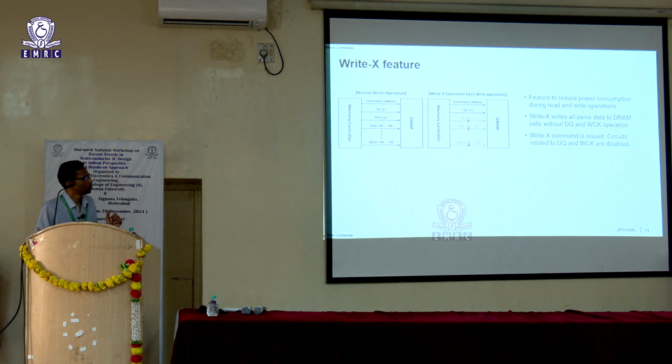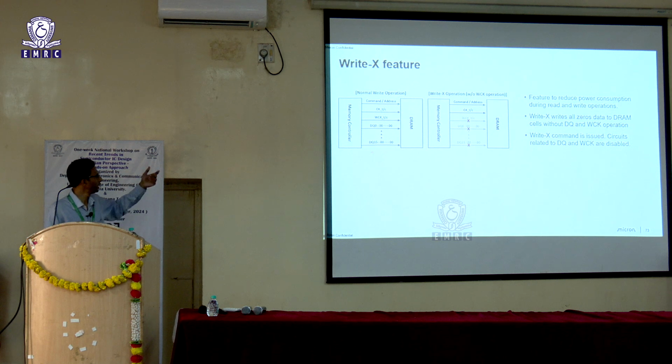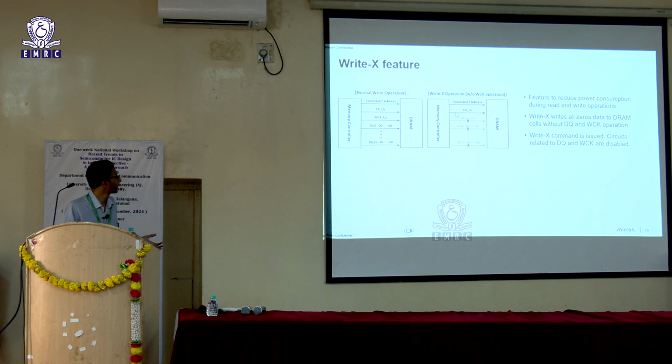Write X feature. So if you know that there is a particular data stream that you want to write to a memory, a fixed pattern, say all zeros, then you don't necessarily have to turn on all the DQ and the clock from your controller. Instead, you can use this command and say that, okay, I am going to write only zeros for the next 3 commands, and then just feeding the command. So that way DRAM internally knows that, okay, I need to use this known data stream, which is already captured internally in one of its mode registers, and use that data to write into the DRAM. So this is again a low power feature. If you know what data stream it's going to be written into, then you can use this feature to cut down on the IO power.